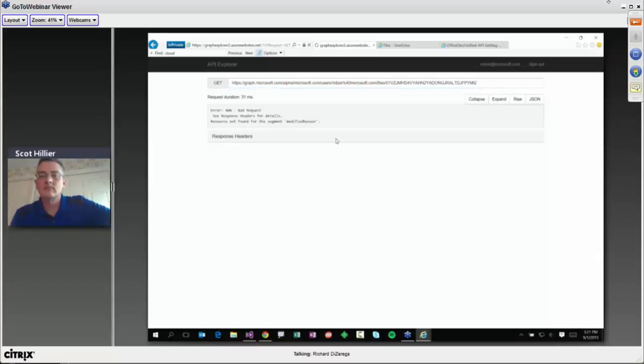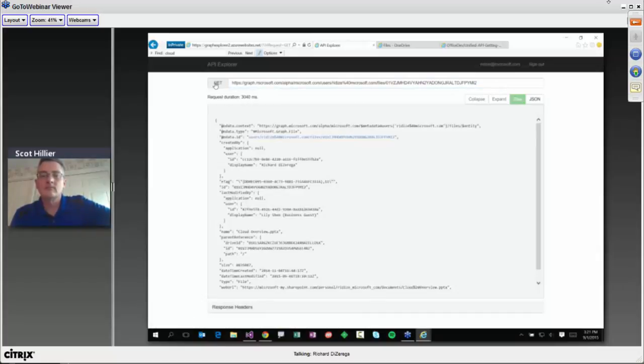Interesting. So what I was trying to show here is that we can actually go from a file over to a full user. Because I think most people in SharePoint are familiar with the last modified by user. The idea here, though, is it's not just going to bring me back their username. It's going to bring me back a full user object, and I can keep going further off that.